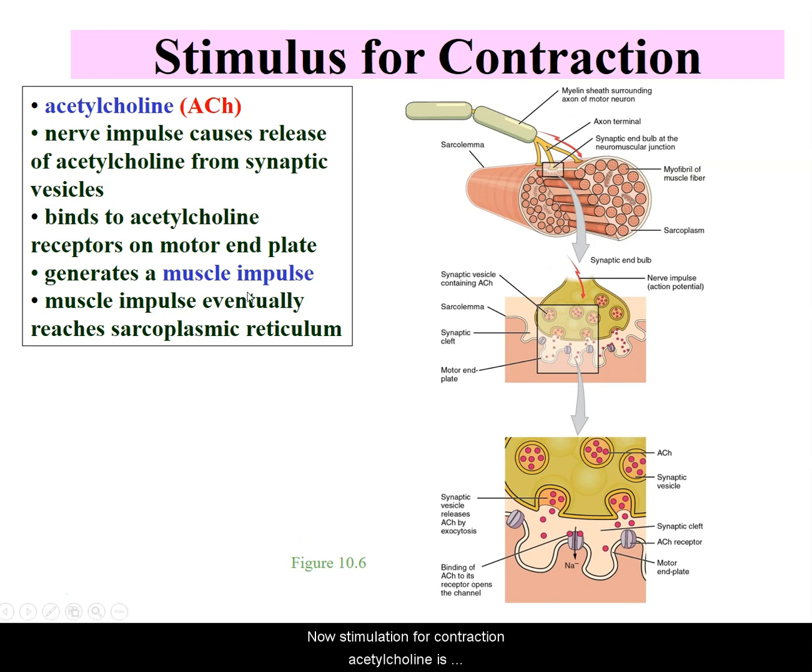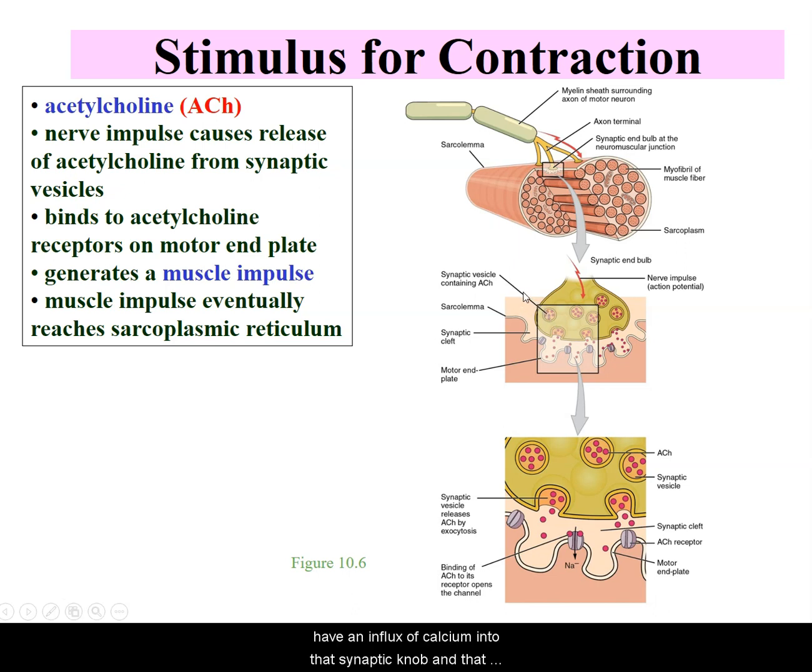Now, stimulation for a contraction: acetylcholine is that excitatory neurotransmitter that you have to have plenty of for those motor units to contract. The nerve impulse causes release of acetylcholine from the synaptic vesicle. Now, let me say this. We have talked before about calcium. For these synaptic vesicles to open and release by exocytosis, by the way, their acetylcholine, you must have an